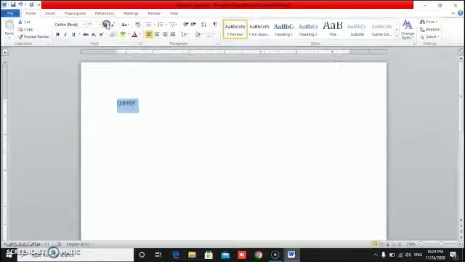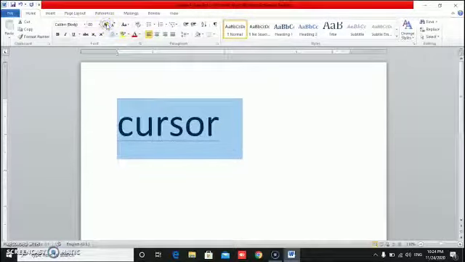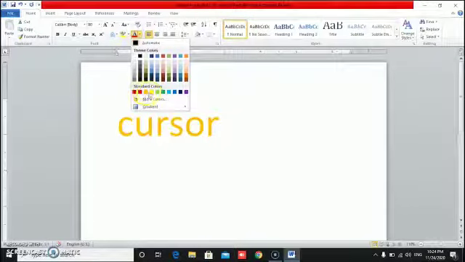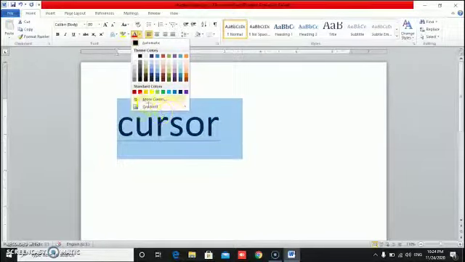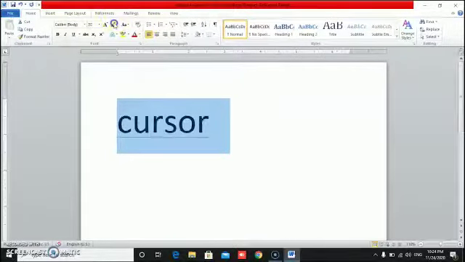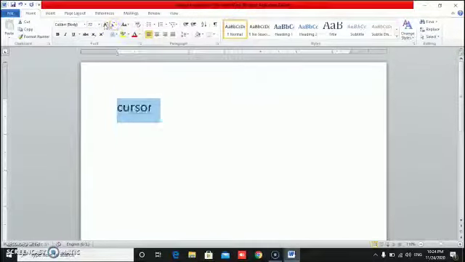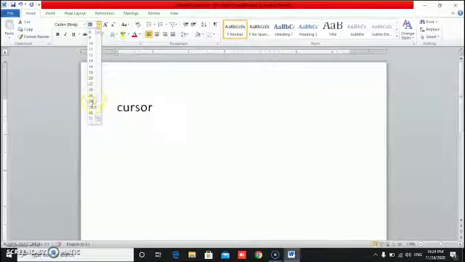Now you can increase the font size. See, now from here, this font color button, you can select many colors. See, the color is changing now, so you can change the color from here. This is your font color. It means you can change the text color. You can change the color of the text. Now you can decrease the size from this button. You can increase the size. You can decrease the size. From here also you can increase the size.